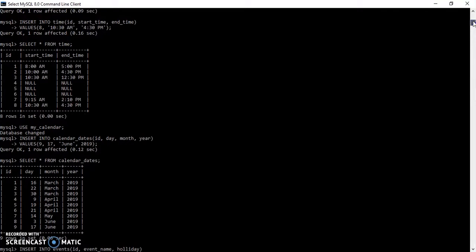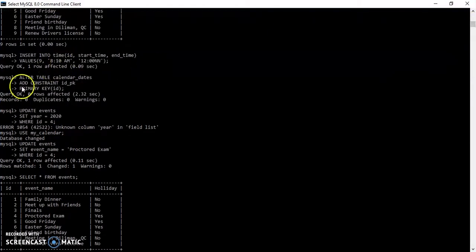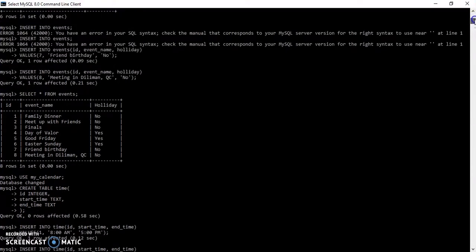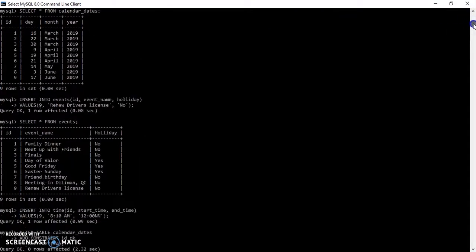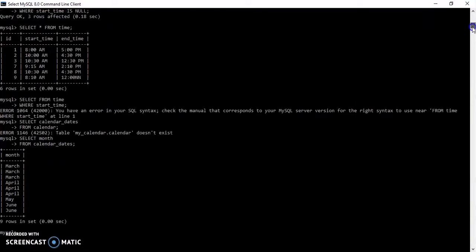You can use the update function where you can set, for example, the events, update the table events, then set the event name to proctored exam from before it is called finals. Then you can set it where in the 4th row, then press enter, then you can see that it is